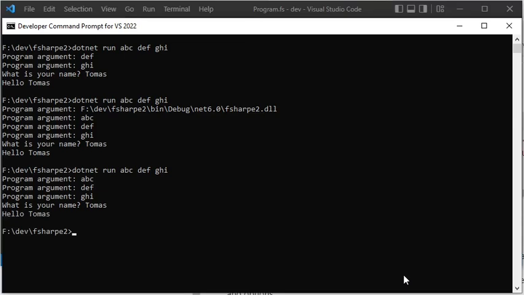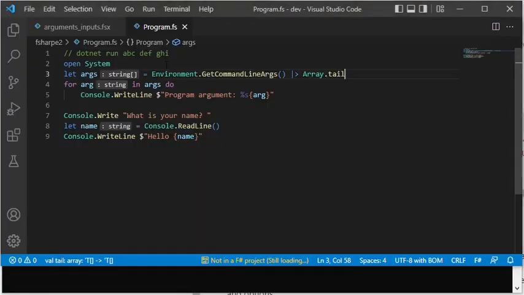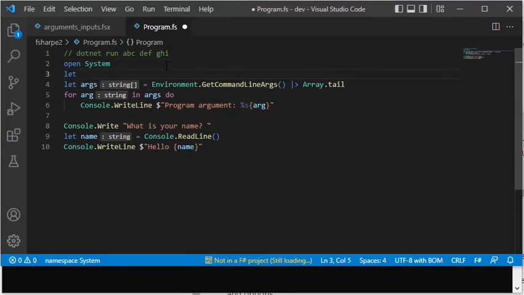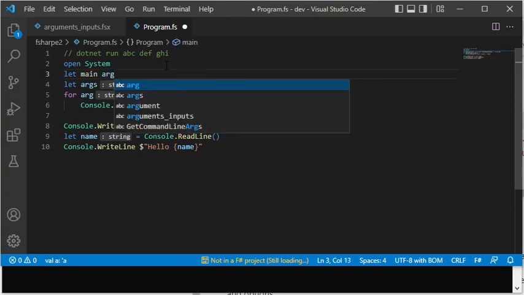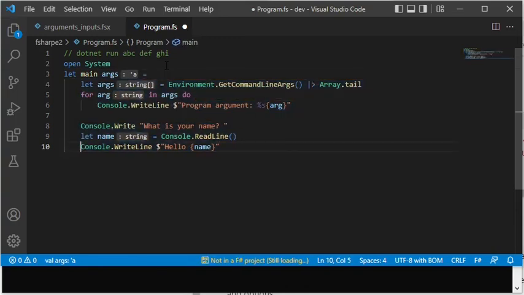So far, I have executed the program with a so-called implicit entry point, which means that the code in the file is executed from beginning to end, without it being located in any special function that acts as a so-called entry point. Now I will change the program a bit by putting the code in a main function, which is a so-called explicit entry point. Such a main function can receive program arguments as an argument to the function main.